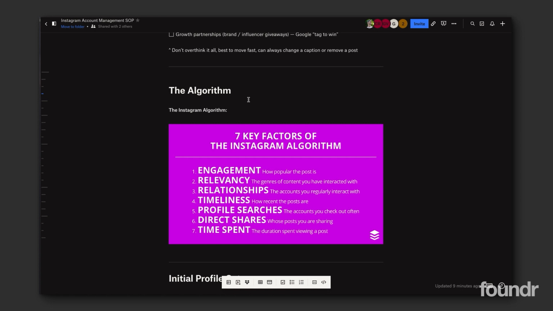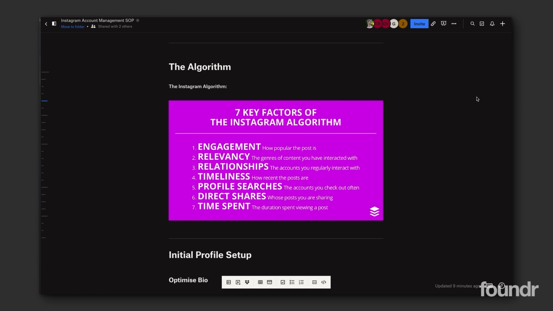So thinking about how that would affect your brand, how can you keep your followers engaging and keep them coming back to your brand profile and getting, I guess, that post stay time, they call it. So how long somebody spends on your post, commenting on it, engaging with it, and basically the overall time spent viewing that post. So the 7 key factors that affect the Instagram algorithm are engagement, relevancy, relationships, timeliness, so like